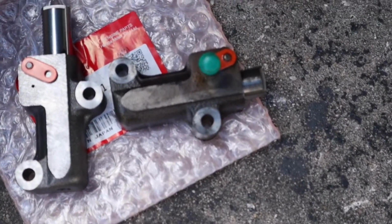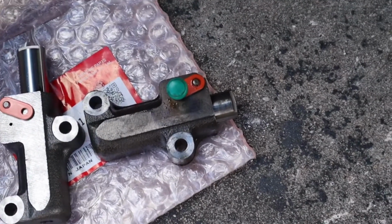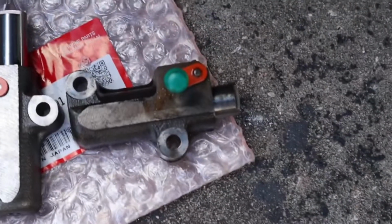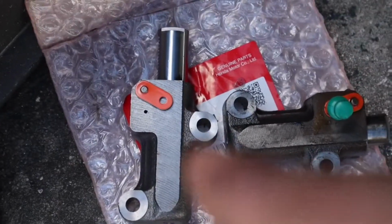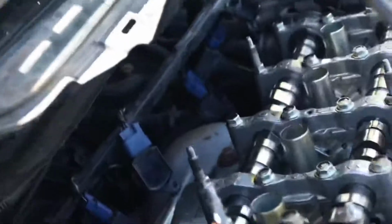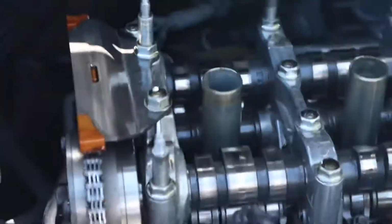Actually, there's only 2 10mm that hold it on, so after you fight with that for a little bit, you'll be able to get it out. See how it's retracted in the in position there? That's the new one. I'm going to have to push that one back and put the pin in it before I put it in. Next step though, what we're going to do is take off the cam caps up here